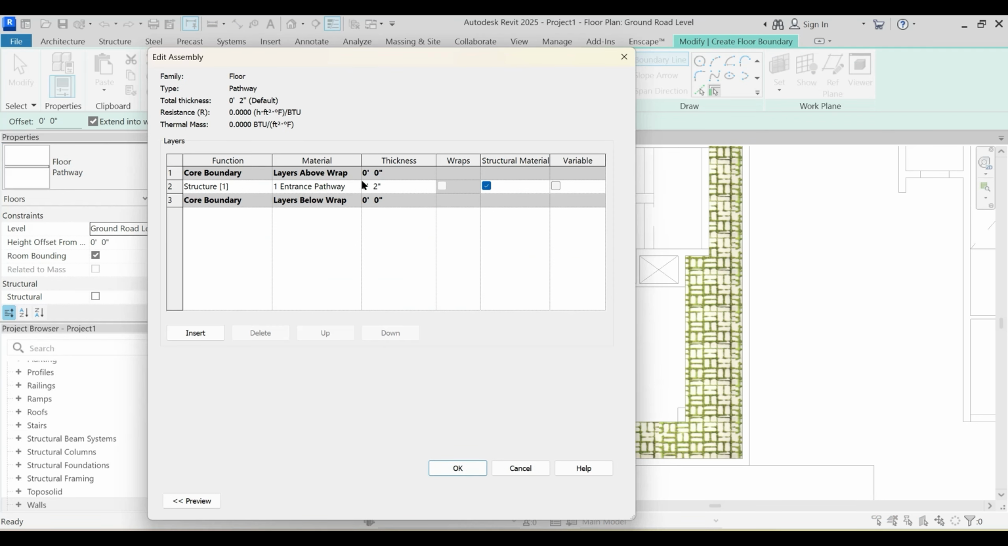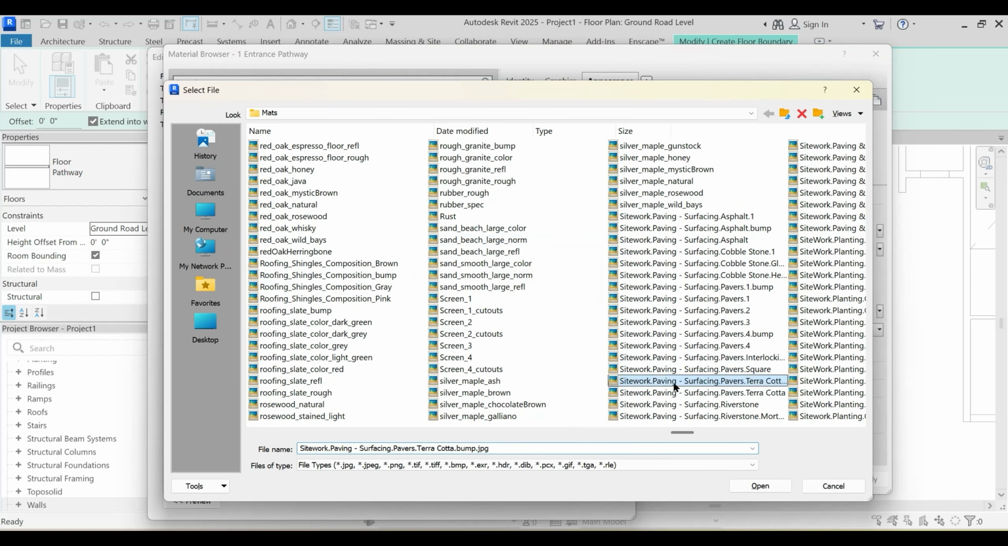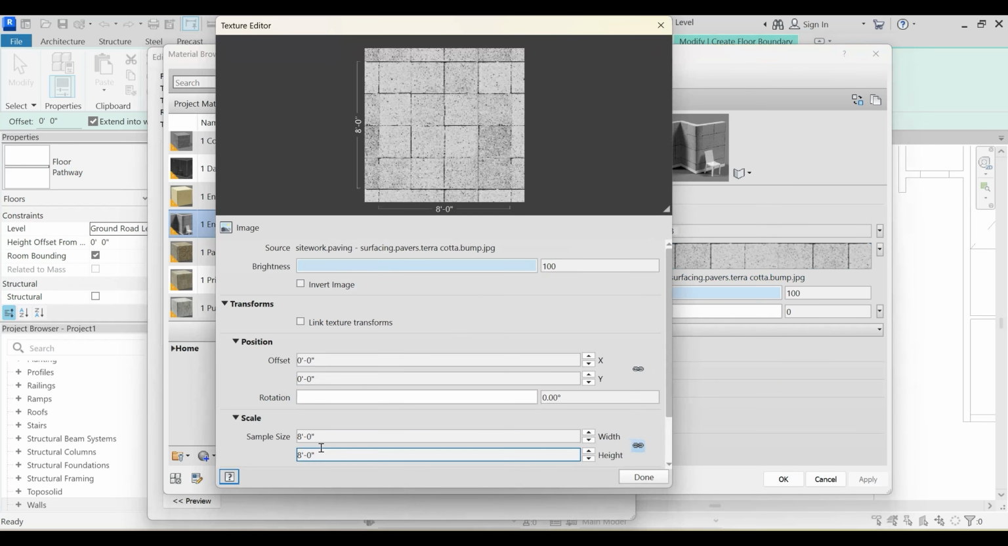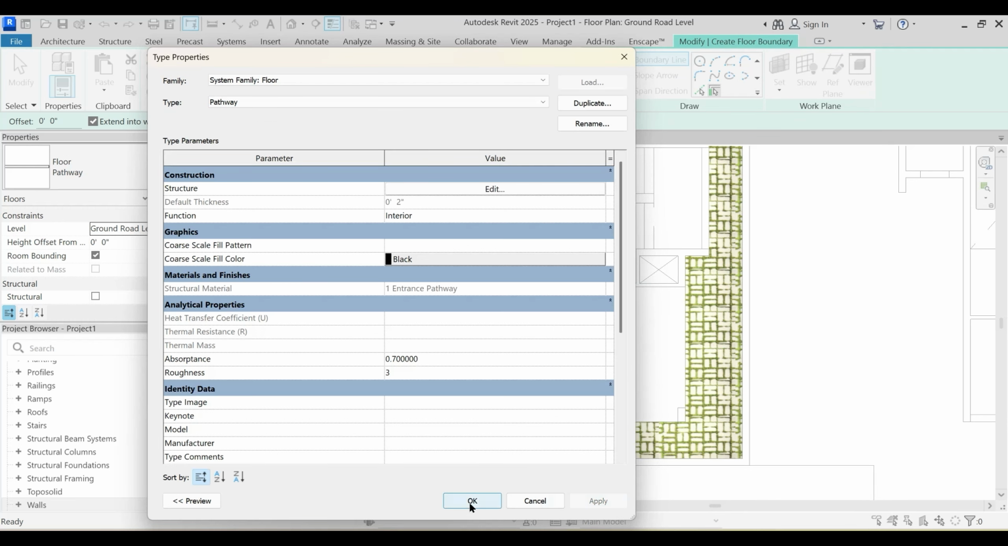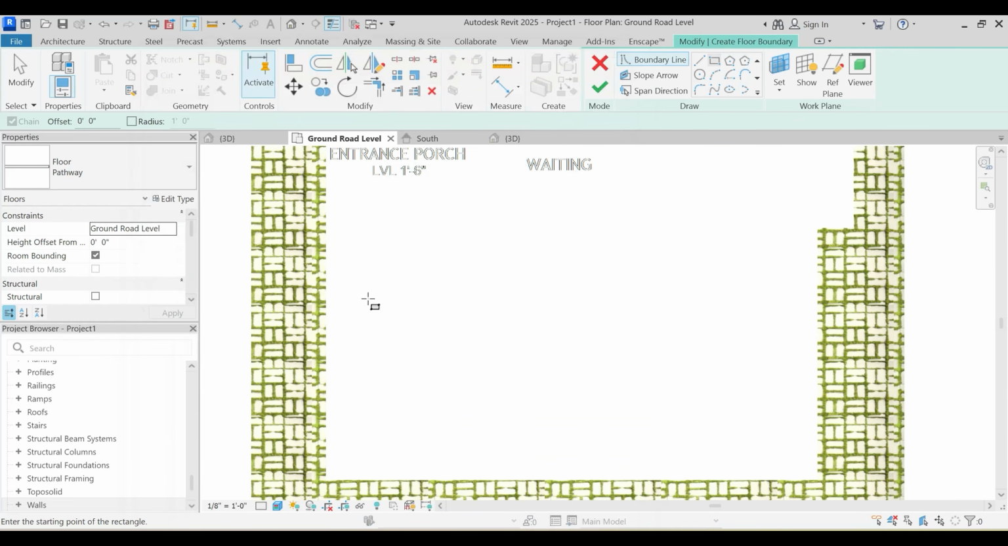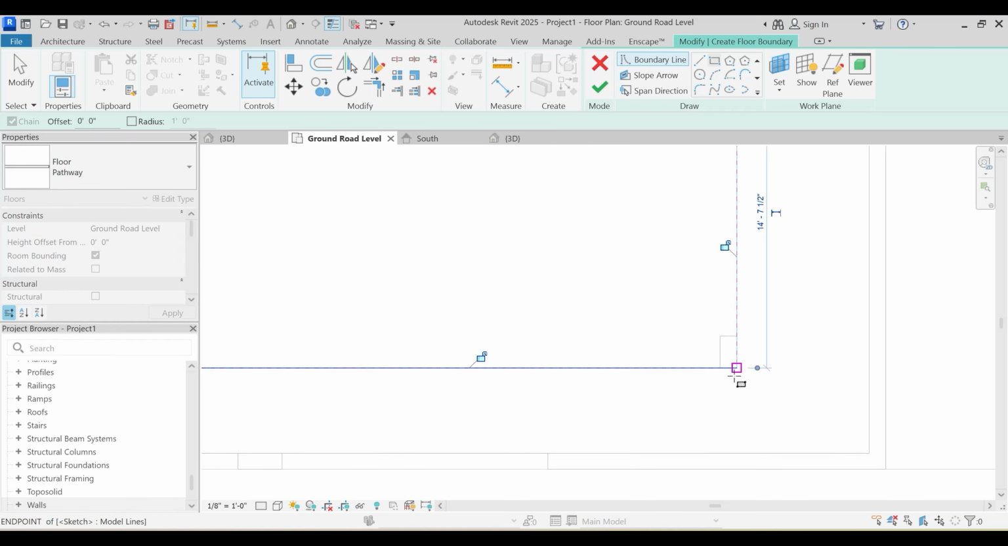Edit this entrance pathway, this particular JPEG image. This is an existing material of Revit: Site work, paving, surface pavers. This JPEG image has been applied to it with a sample size of 8 feet by 8 feet. Apply and OK, and just create a line, properly snapped to the